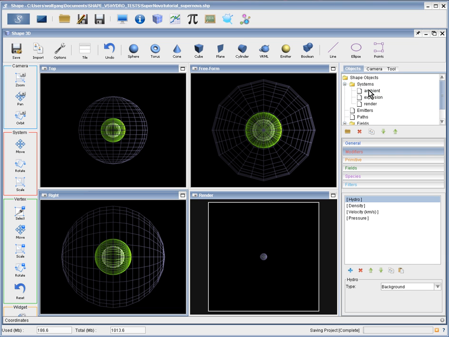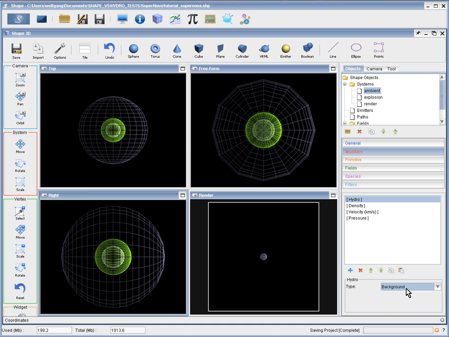After generating this object and giving it a suitable name like ambient, we add the basic hydrodynamic modifiers that we need. And the most important, in a way, is the hydro modifier,